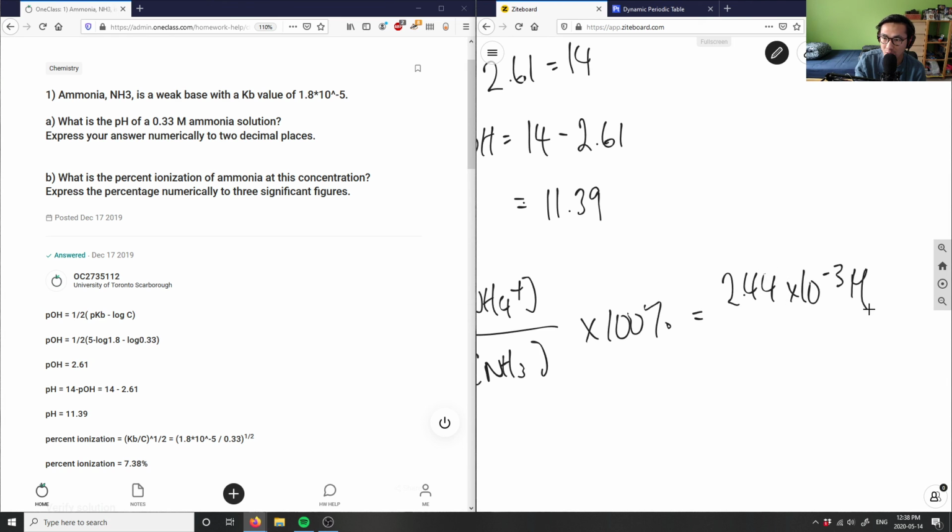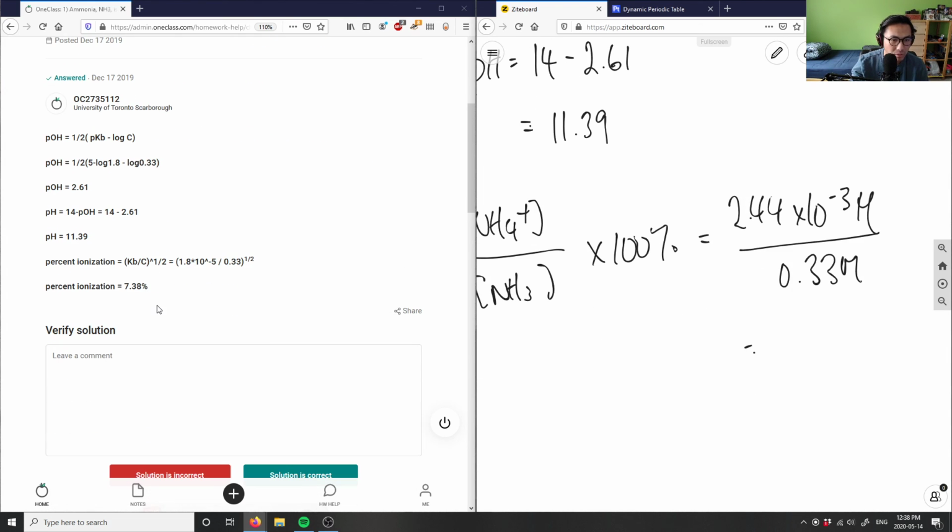2.44 times 10 to the negative 3 molarity divided by the concentration of ammonia, which was 0.33, right? And I'm going to multiply that by 100%, and this should give me a percentage. So 2.44 times 10 to the negative 3 divided by 0.33 times 100 will give me a percentage of 0.73%. And they got 7.38%. So I think they're off by a decimal place here, which is odd, but